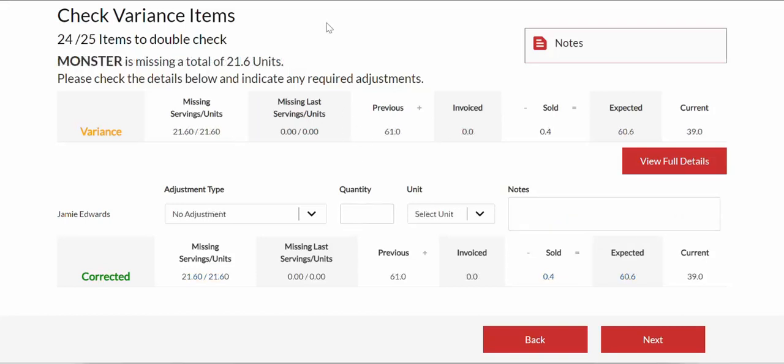In one more example here, we have a significant loss on Monster energy drink. I will say this is not entirely unusual, to be missing energy drinks. They're often used by employees and not rung up or sold. So again, as always, we like to start by seeing what was missing last time and see that there were no variances, implying the previous count was correct. We didn't have any invoiced. We only sold 40% of a can, so we should have had over 60 cans, but today we only counted